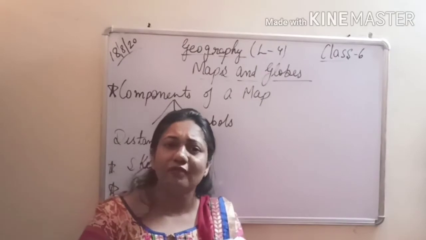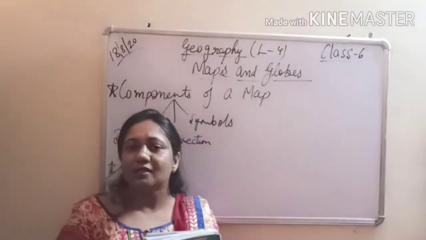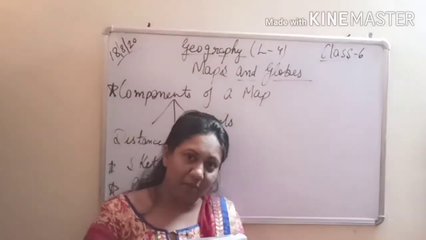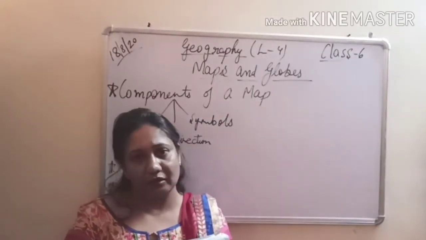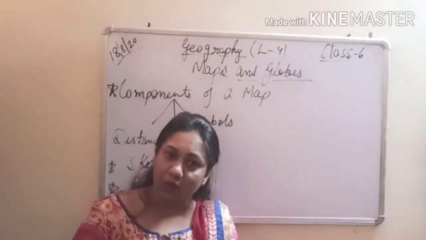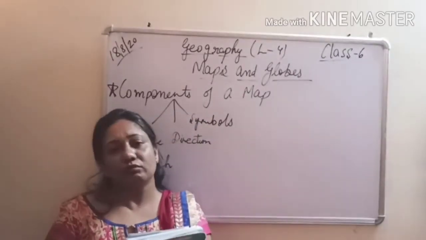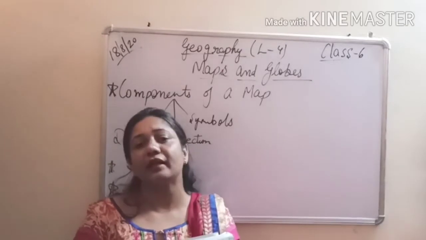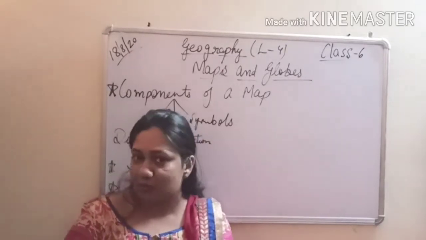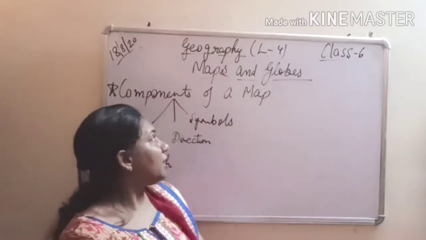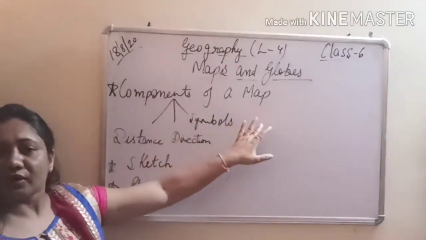And on the basis of function, there are three types: physical map, political map and thematic map. You all have done good in the Viva, and I have already taken the feedback. So today we are going to start the further reading of the chapter, and sideways we will mark the objective questions as we usually do. So let's start. Today in the chapter we are going to deal with the components of a map.